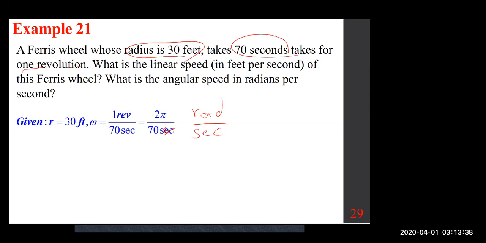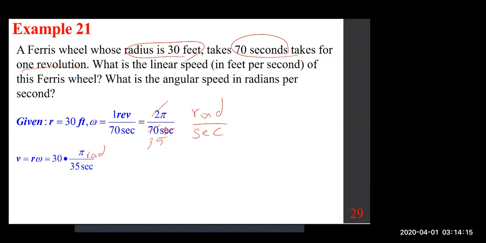V, of course, is R omega. Just plug in R omega: 30 times. Now 2 pi over 70 is the same as pi over 35 because number 2 and number 70 can cancel each other, class. Number 2 can go away. Number 70 becomes 35. That's how we get pi over 35. And this is really radians per second. Now we want to change this to